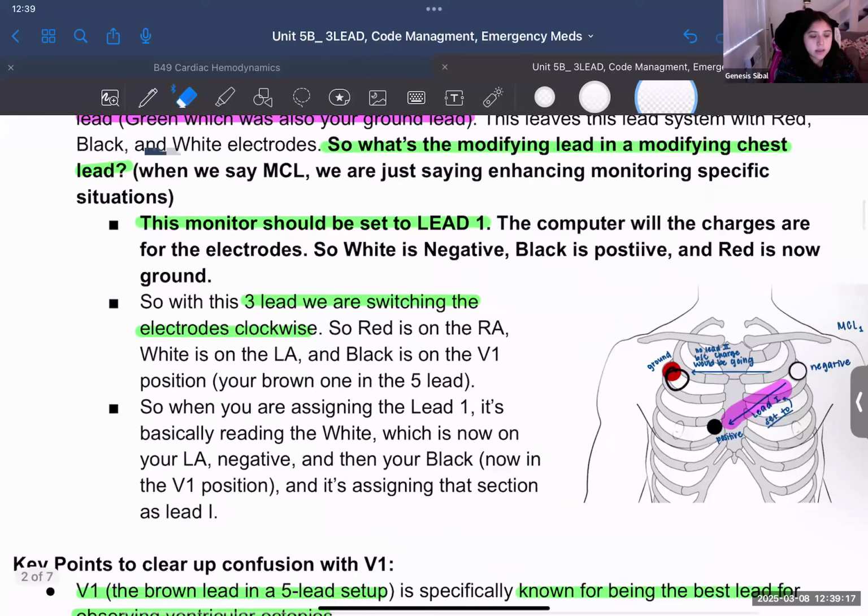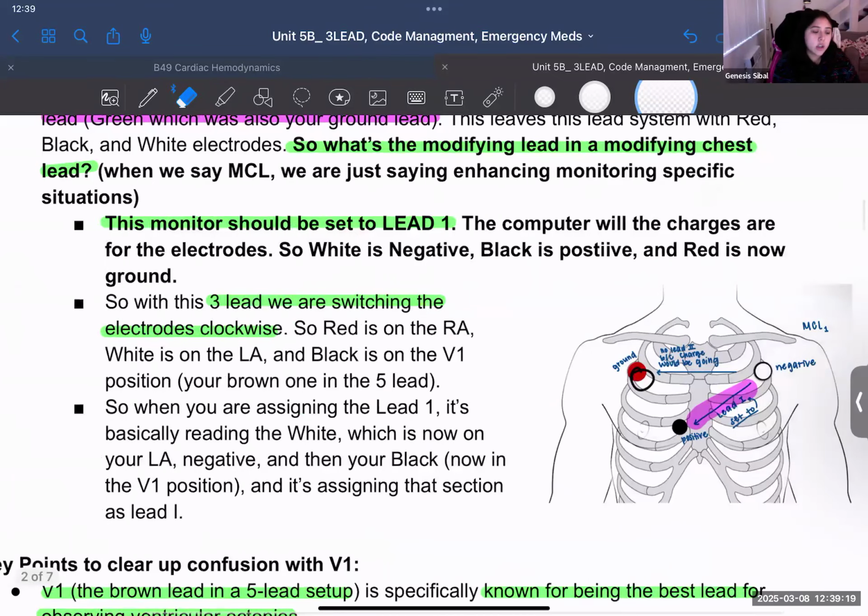I hope that kind of makes sense. So basically, your red is now on your right arm, your white is now on your left arm, and the black is actually going to go in the V1 position because, again, keep in mind, the V1 position is the best for seeing what? It's the best for seeing ventricular ectopies. Additionally,